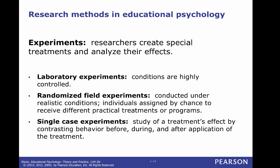So let's say a teacher was doing a reading program. You're teaching 6 periods a day, and you might give one class this reading program and the other class another reading program, and the kids were randomly assigned to your classroom. So you can look at it and say, if reading program A did better than reading program B, you could suggest that reading program A was better. If you really wanted to test it even more, you could flip it the next 9 weeks and switch the program, and see if the scores in B went up, and then the scores in A would